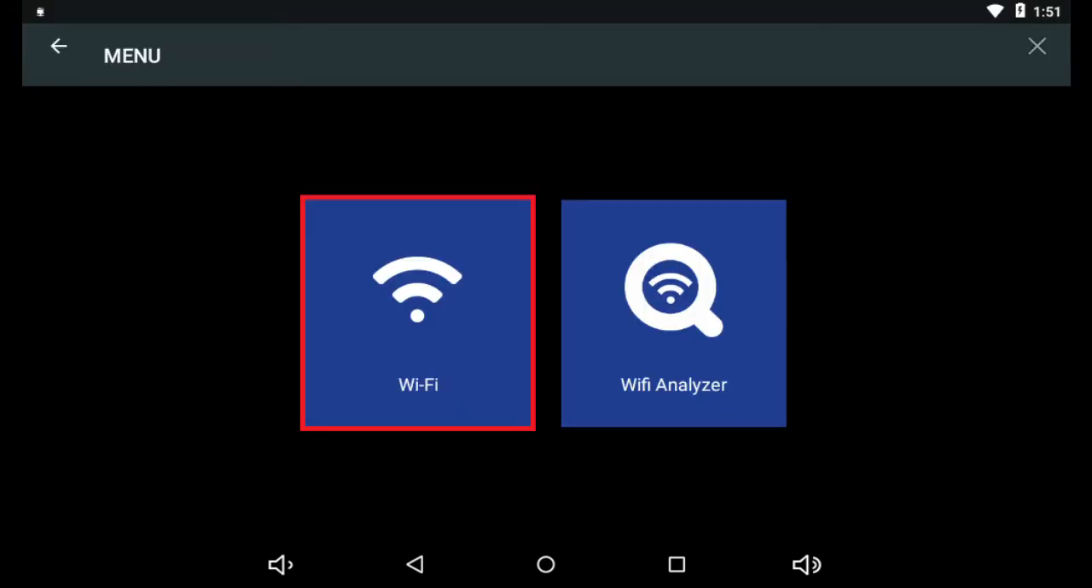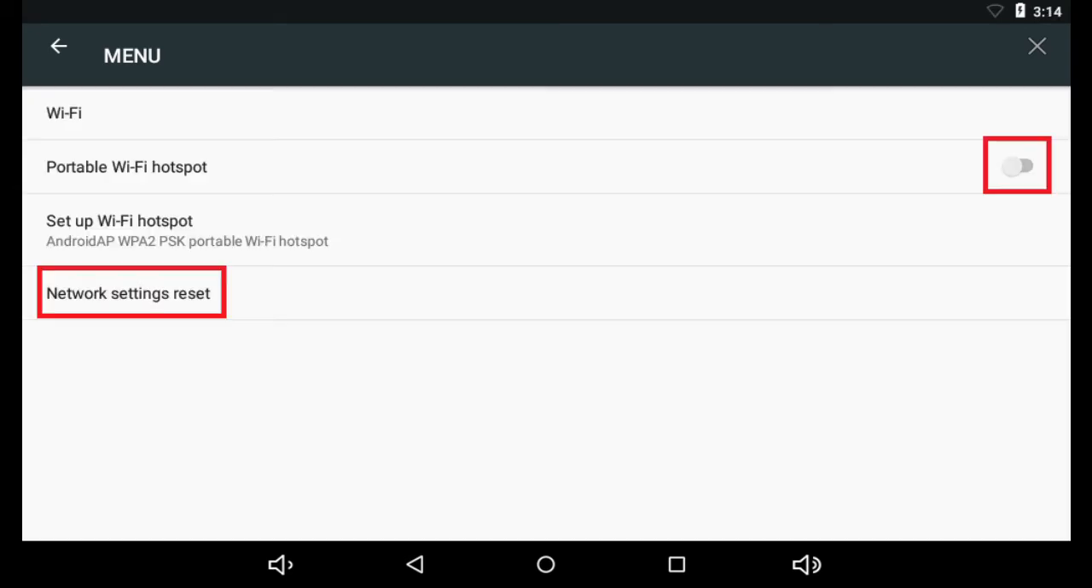The MS can be placed into its Wi-Fi hotspot mode by going through the Wi-Fi settings. This brings up a menu with the option to turn on the portable Wi-Fi hotspot. The hotspot will have the network name Android AP by default. There is another option in the menu for resetting the network, which can be handy if you wish to clear